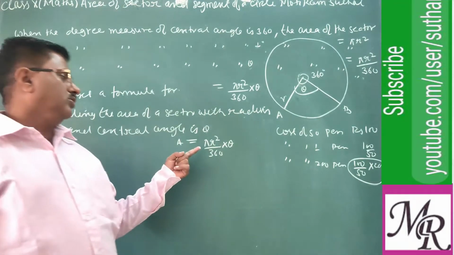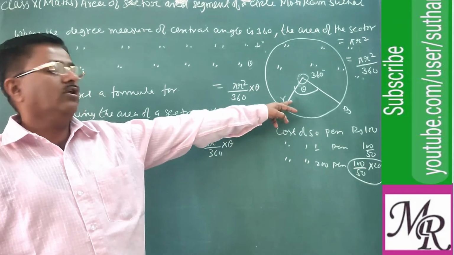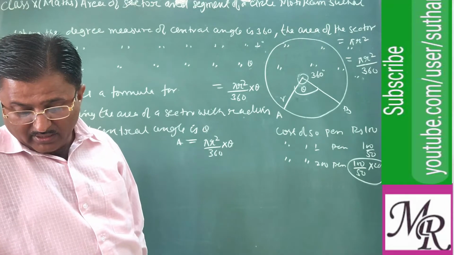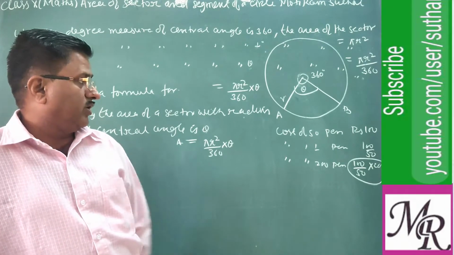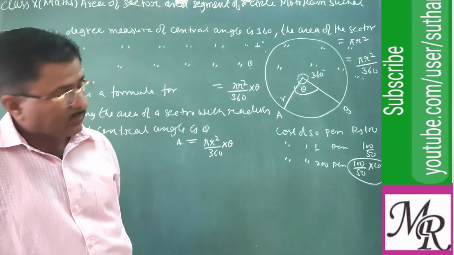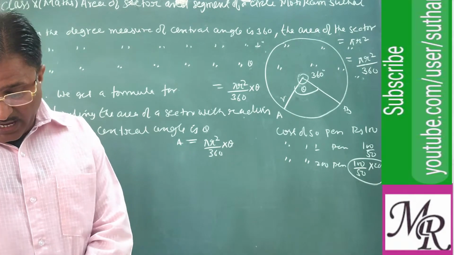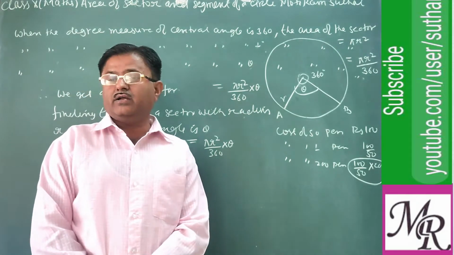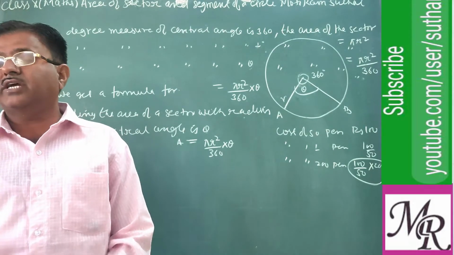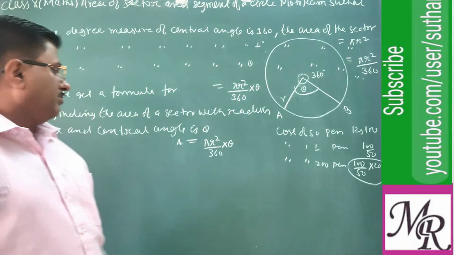Because we know the value of pi, only two things we need, that is r and theta, which are already given. So with the help of this, one can find the area of the sector with the angle theta. Clear? Here r we call the radius and theta is this. So can we find the length of the arc? Now the natural question is there. If we are finding this area, can we find the length of the sector?